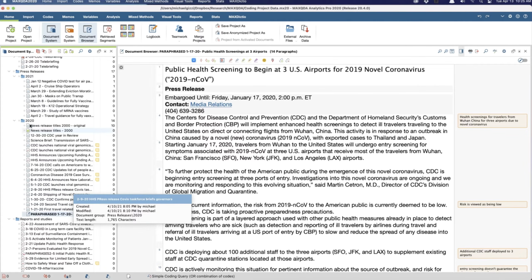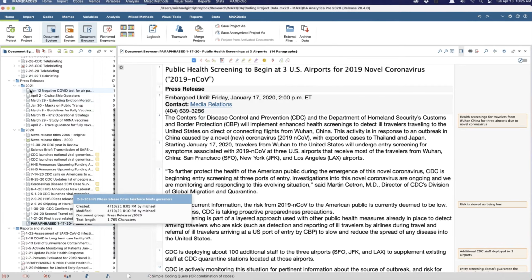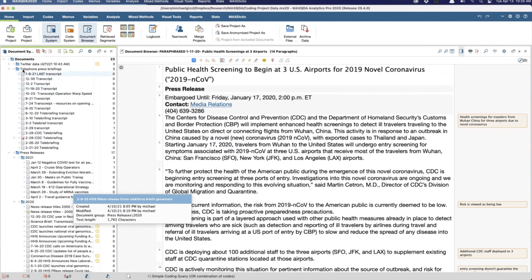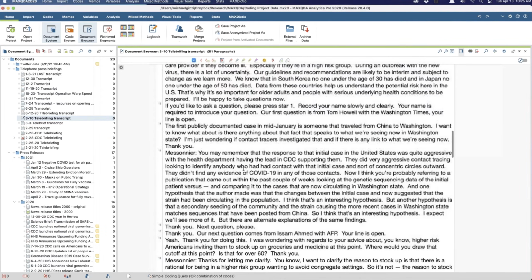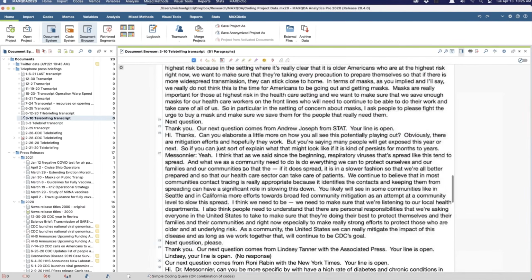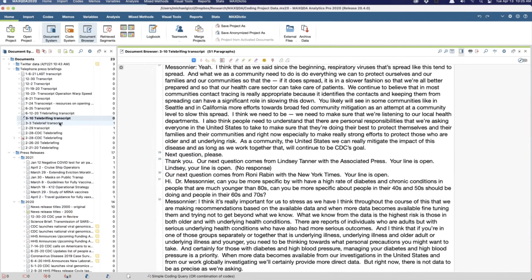I added in those press releases for 2020, and the press releases from 2021. I added in the telephone press briefing transcripts. They're not highly formatted at this point, of media calls that were done throughout, starting in February and going through the last one they did, in January of this year.